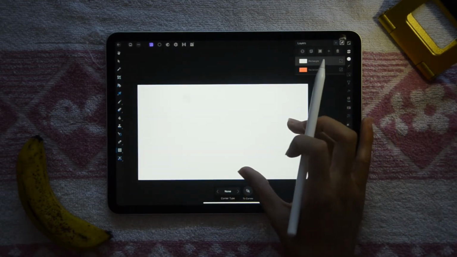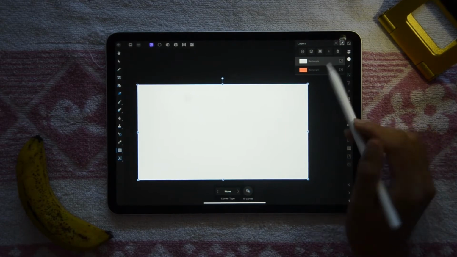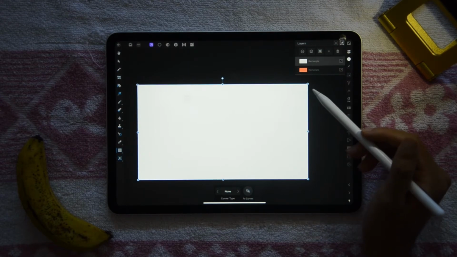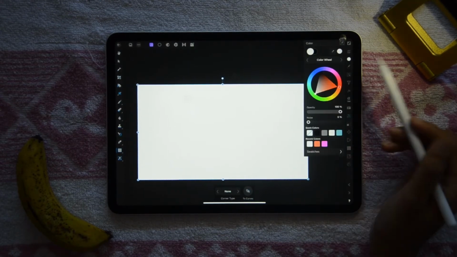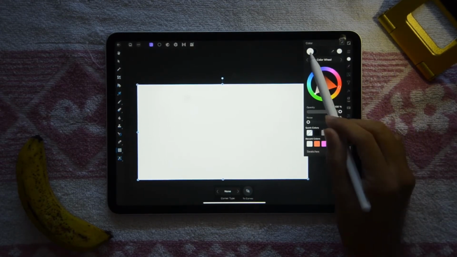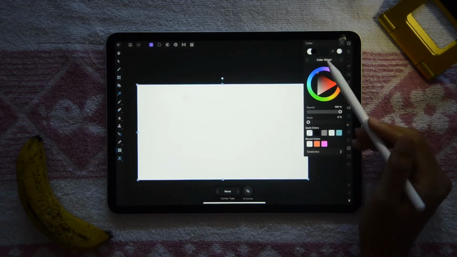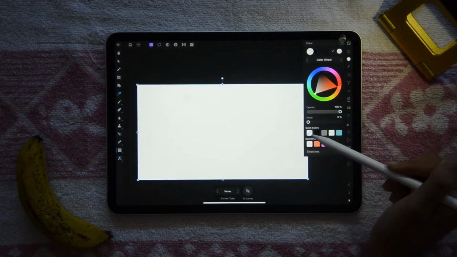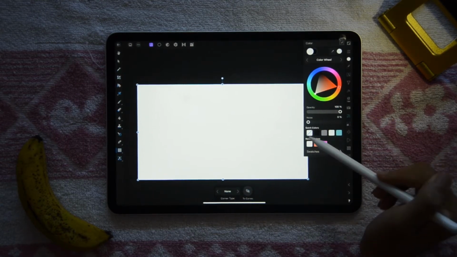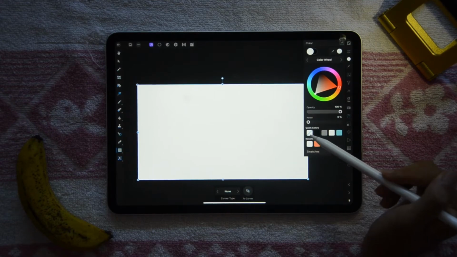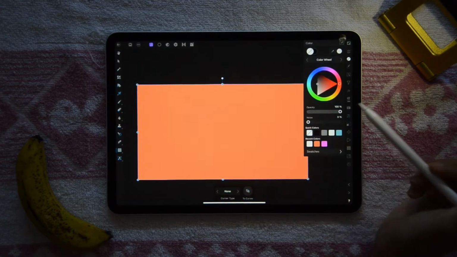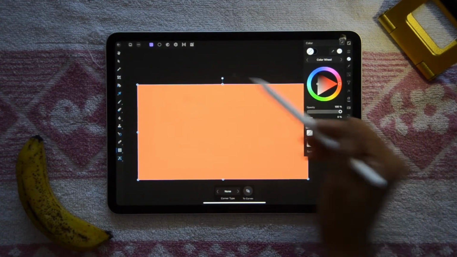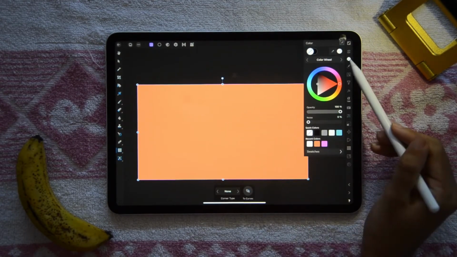Right? Now this is where the magic happens. Make sure that this is the one selected, and we'll go to the color picker area. There on the top left, you'll see two circles. The first circle is the color of the fill, and the second circle is the color of the stroke or border. First things first, we're going to remove the fill color by tapping that white block there with the line through it. And now we're left with the stroke or the border, which by default is at 1 pixel, and